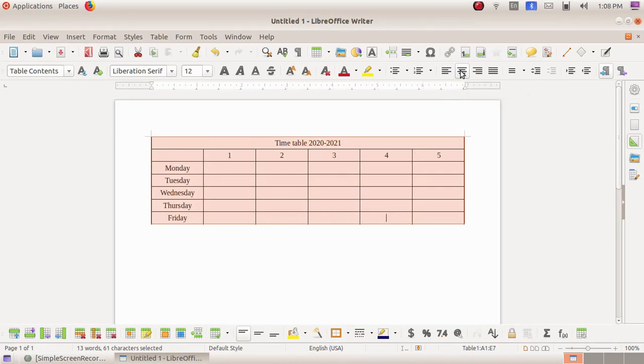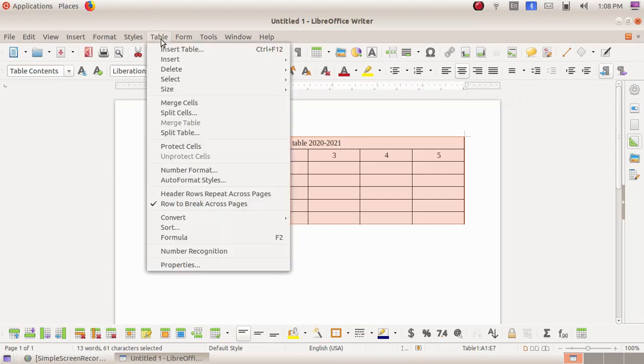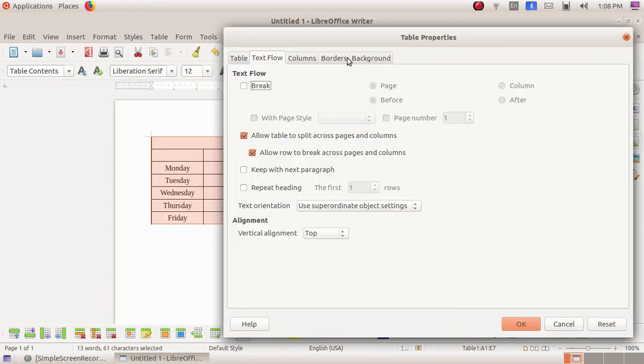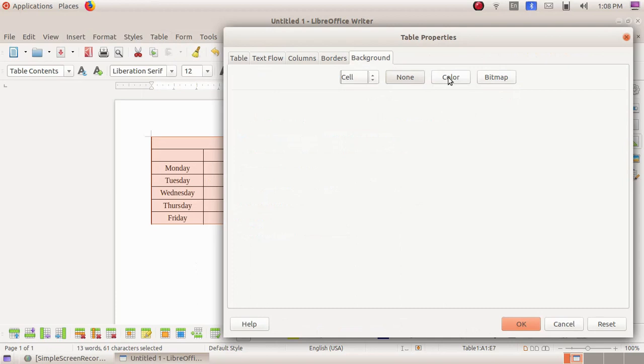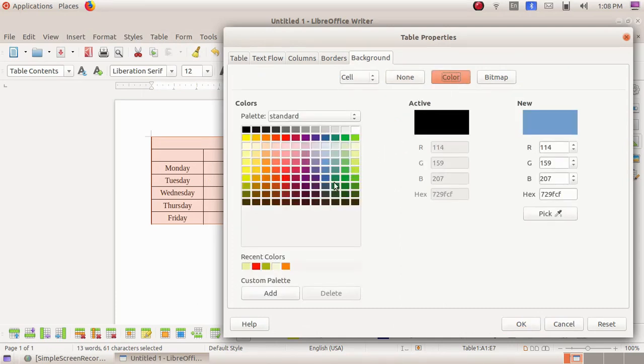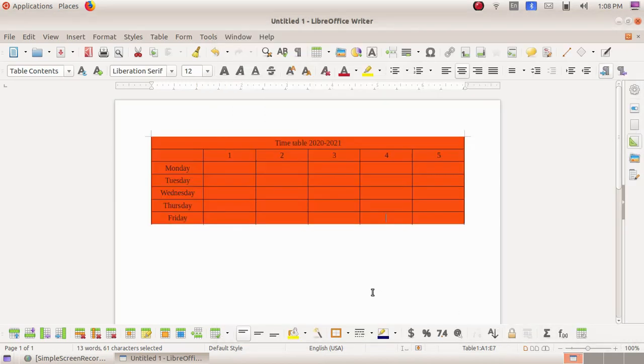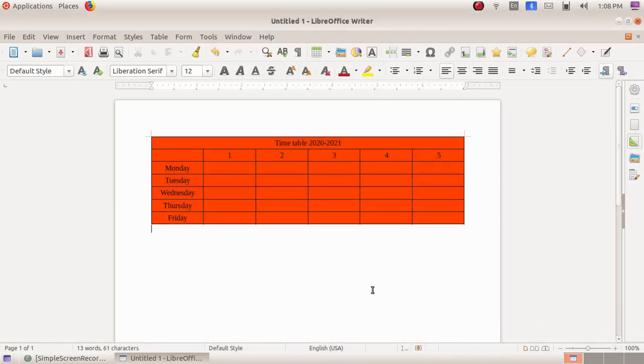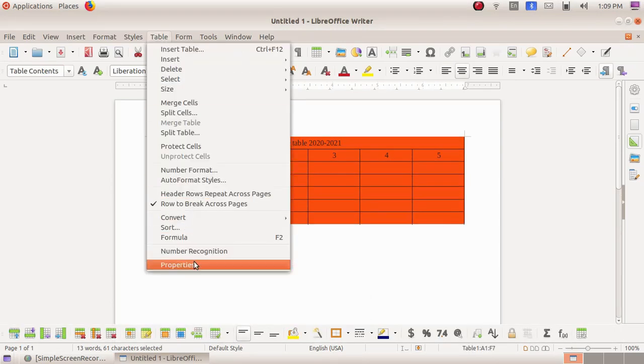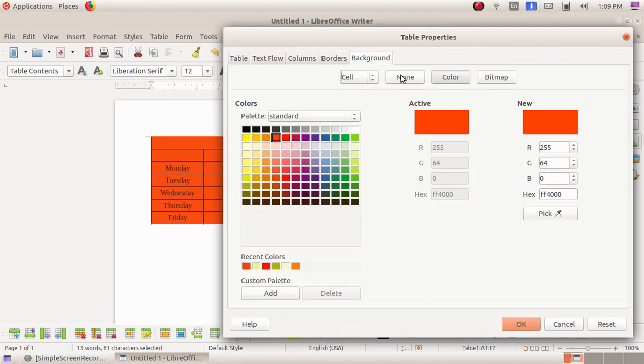Then if you want to give a color to our table, Table menu, Properties, then Background, then Color option, choose a color for our table and click on the OK button. Now you can see we have applied a color to our table. If you want to remove the color, select the entire table, then Table menu, Properties, and there you can give